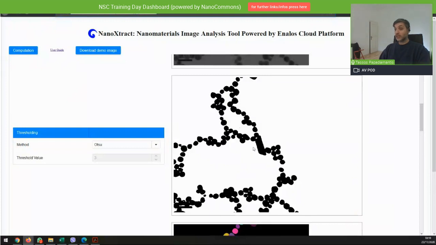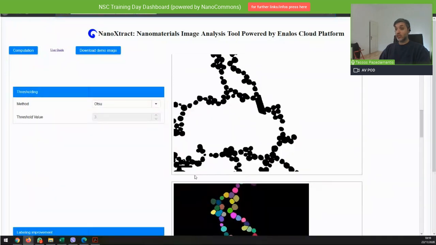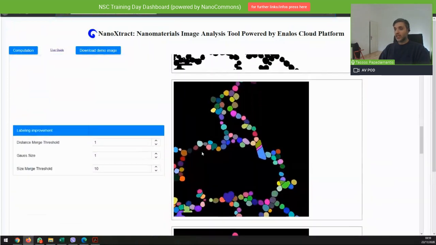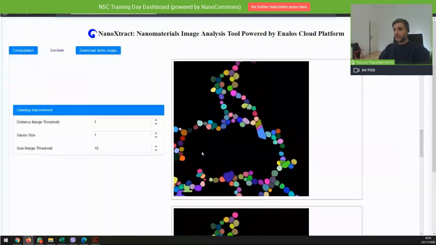You also have this artifact here that's more or less a plate or a rod. But you can also see that you still have the scale bar here that remains. And you can also more or less barely identify the 50 here that remains. And here you can see that you have the labeling of the nanomaterials. As you can see, we have a very good labeling, although this is a very good image.